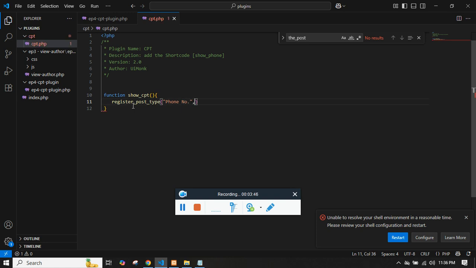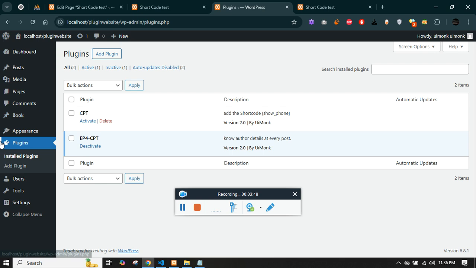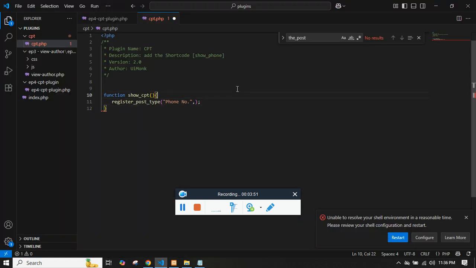This is your post type which will be displayed over here, and you need to pass an array. This array will have the description about your post type. The label that you need is, let's just say phone, and the support that you need is just the title. I just need title, and what else, you want this custom post type to be public,